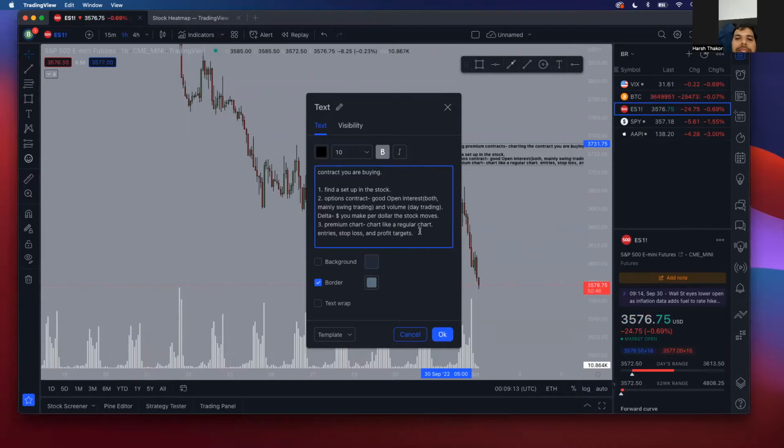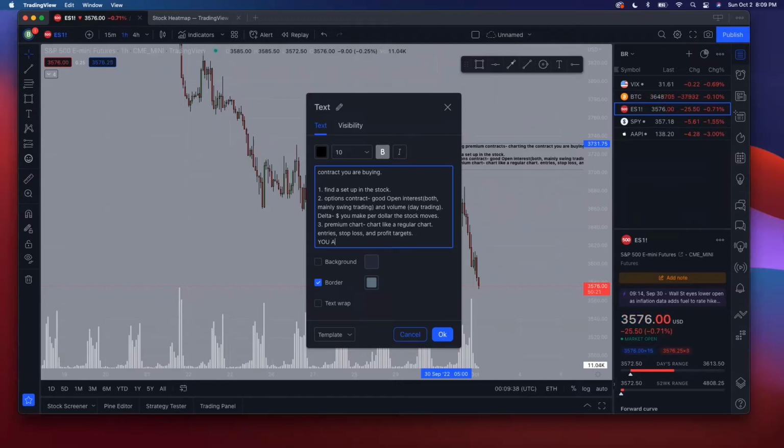And this does seem self-explanatory, but some people get this confused for whatever reason. If you buy a contract, you got to know that you want it to go up. When you buy an options contract, you don't want the premium to go down. That means you're losing money. You want it to go up. So just keep that in mind. So you always want,